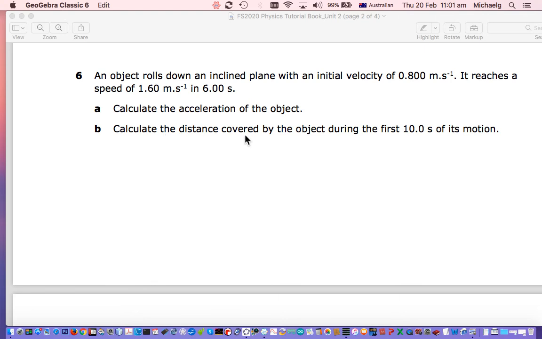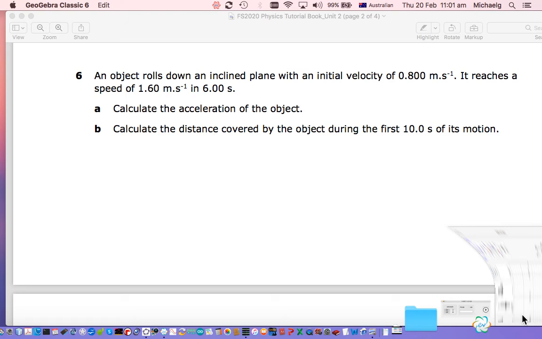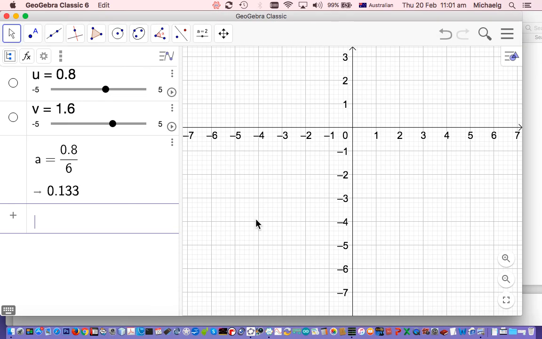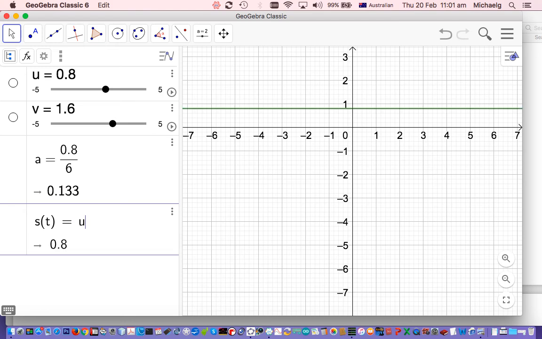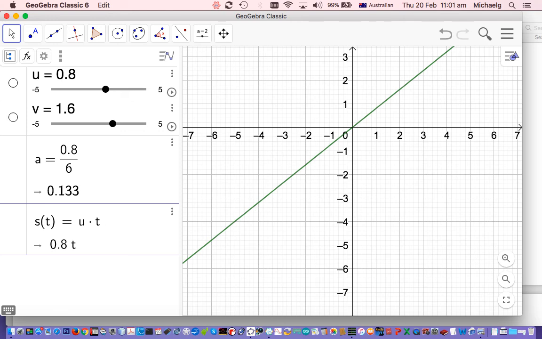Now, part B, calculate the distance covered by the object during the first 10 seconds. Okay, so what I'm going to do is type in S, S brackets T. So displacement is a function of T. So from our third equation of motion, we go U times T,